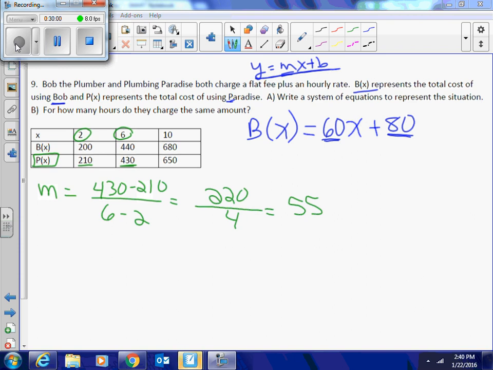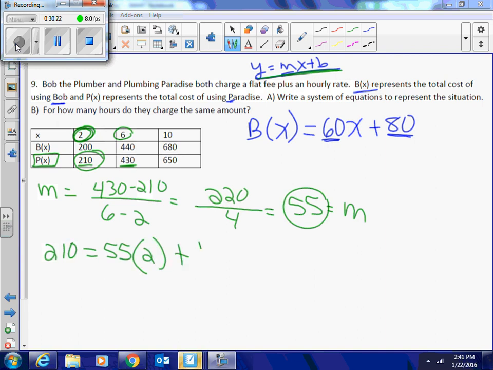Our slope is 55. Now that we know m, we can use an x and a y and plug them into our slope-intercept formula. A y value of 210 is equal to a slope of 55 times an x value of 2, when we add that to our b, which at this point is unknown. Let's simplify. 210 equals 110 plus b, subtract 110 from both sides, and we discover that our y-intercept is